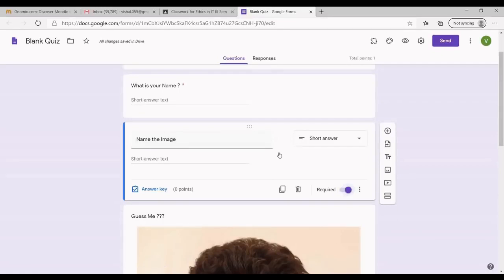Once we are done with the form, we will stop, and everything is saved in Drive every second, so no need to go any further, and we will click on close.